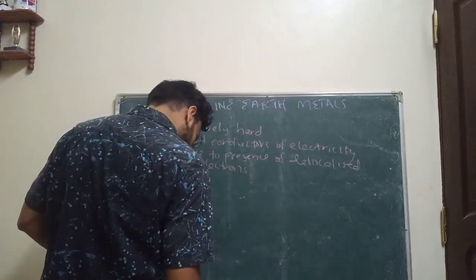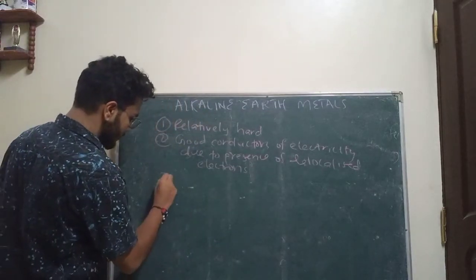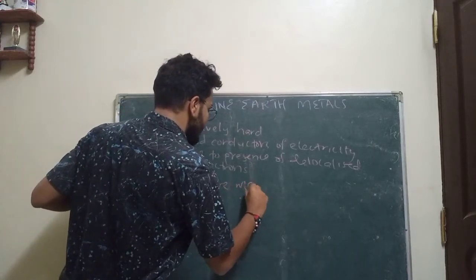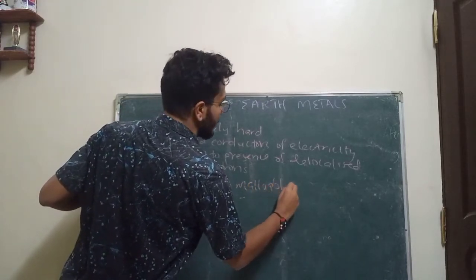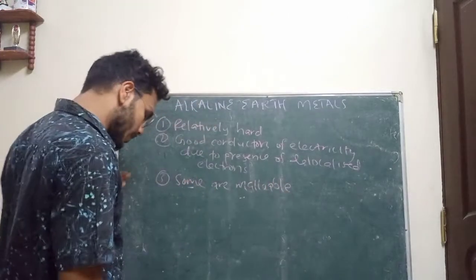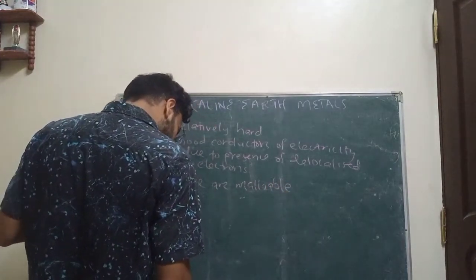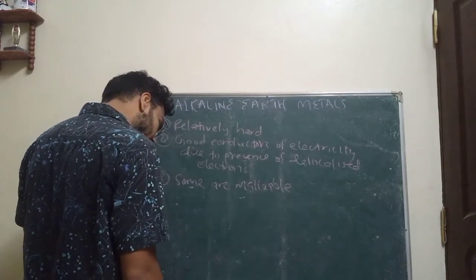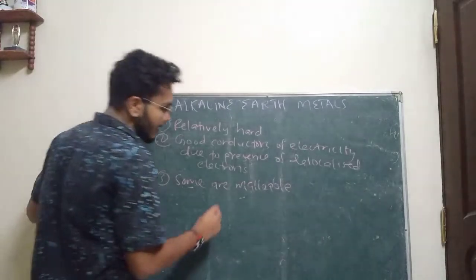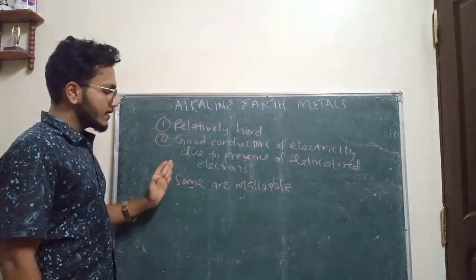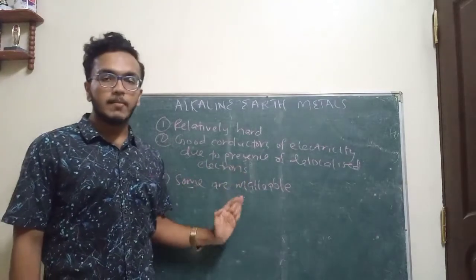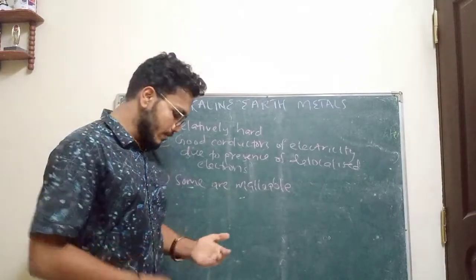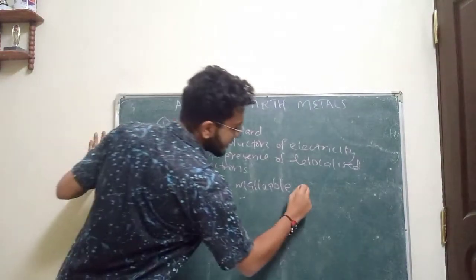Some are malleable. Now what is a malleable metal? A malleable metal is one which can be made into thin sheets. Malleability is the ability of a substance to be hammered into thin sheets, e.g. magnesium. Now I won't be writing everything, but some are malleable. Malleable is the ability of a metal to be hammered into thin sheets for use. So the example of malleable is magnesium,